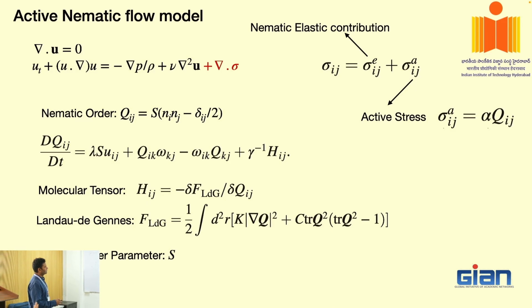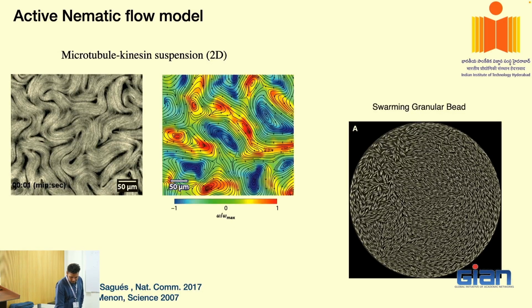This is some sort of a Laplacian, because you have sigma. Sigma can be broken into two parts: one is the elastic contribution, the other one is active stress. So that sigma is going to bring you a k. Let's do one thing, because anyway I have to cover it. Let me show the equation, then we can discuss. Okay. Sorry.